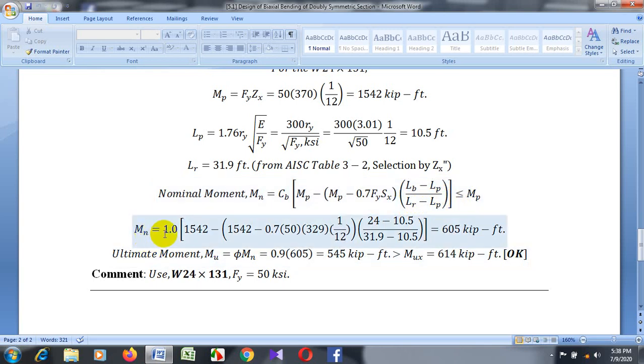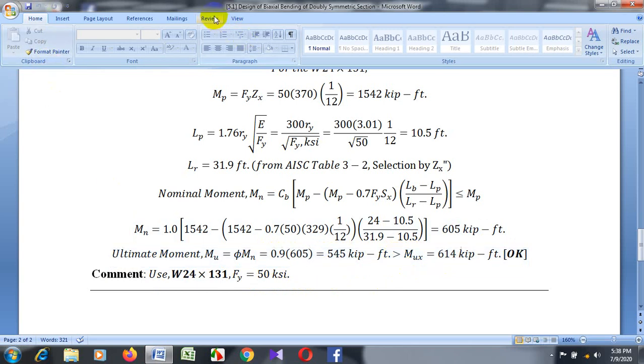Now just put in the values: use Cb as 1, Fy is 50, Sx is 329 for this W24 by 131 section, and multiply by 12 to get the value in feet, and this value is 605 kip-feet. This 605 kip-feet ultimate moment is phi times the nominal moment. Phi is the flexural reduction factor. This value must be greater than